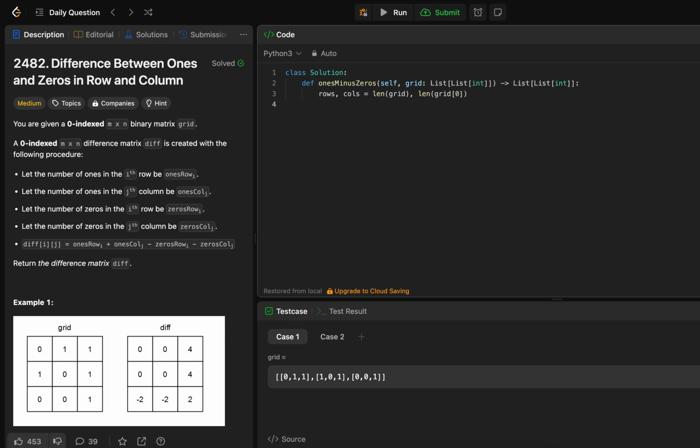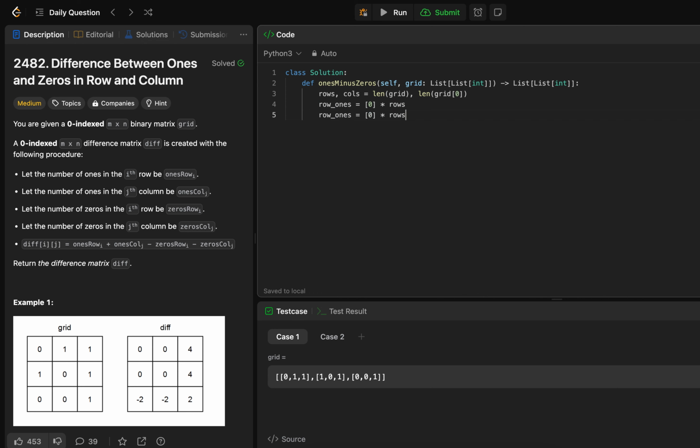And now let's create four one-dimensional arrays for ones and zeros, columns and rows. So row ones equals a list with 0 multiplied by the number of rows,